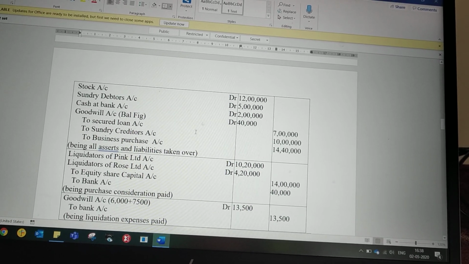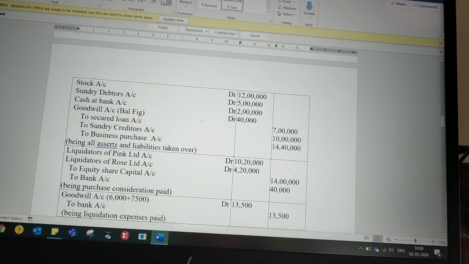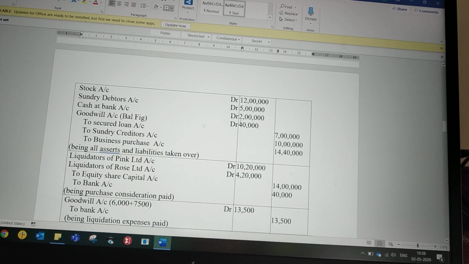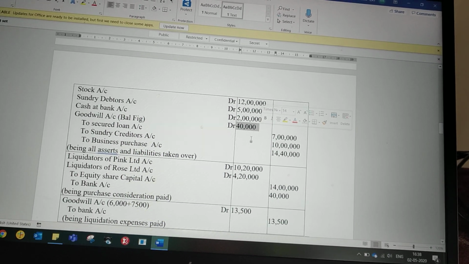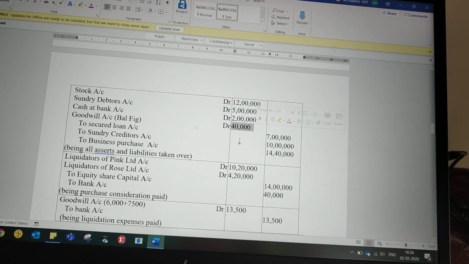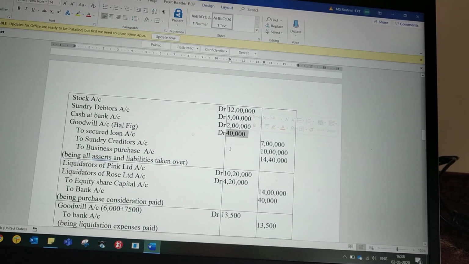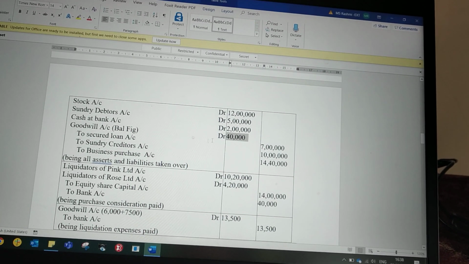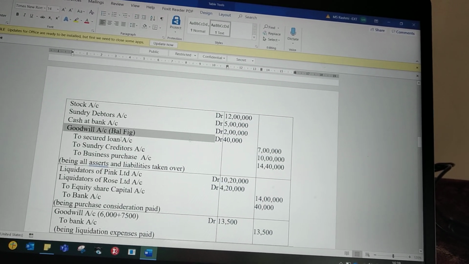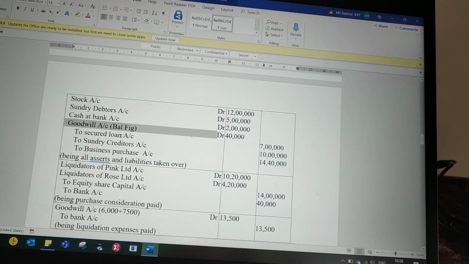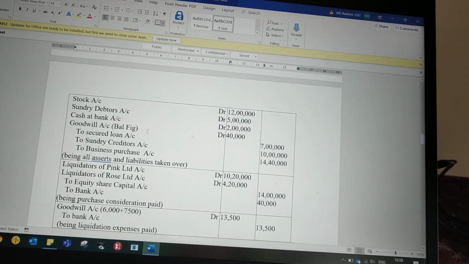So in the case of excess on the credit side, ultimately whatever the value they are giving over the assets value, the excess amount they are paying, that value only you have to adjust as the balancing figure, 40,000. So here you have to observe two cases. In the case of amalgamation in the nature of purchase, you have to consider the 40,000 as goodwill. Suppose in the case of amalgamation in the nature of merger, you have to consider it as capital reserve. So that will come under your next problem.